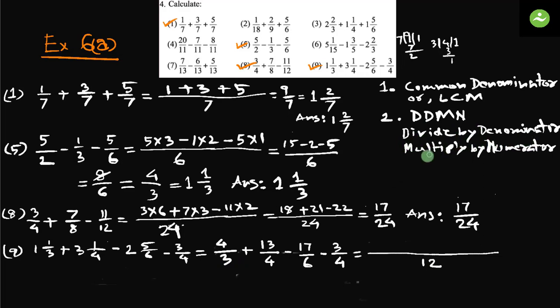Divide by denominator, multiply by numerator. So divide by 3 is 4. Multiply by 4. 4 into 4 plus divide by 4, it is 3. 13 into 3